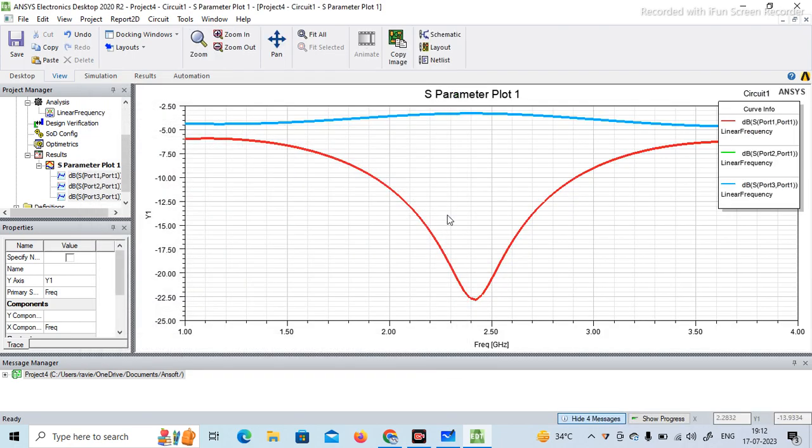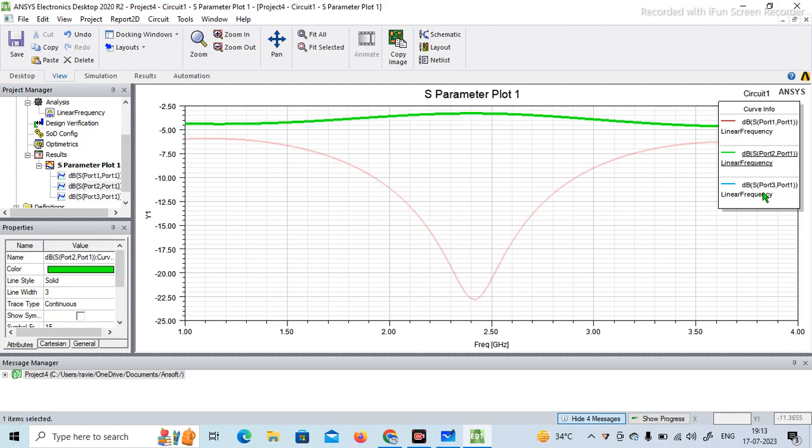Fine. So we can see here a nice graph at 2.4 GHz exactly. We are having approximately minus 22 dB. So it is saying that S11 is matched, red color, as we can see. This S11 is red, and then S21 and S31. Approximately it is 3 to 3.5 dB. So we can see that half power is getting divided between them. So by clicking here also you can see this is S21 and this is S31. So for both the ports we have the half power divided and port 1 is matched. So this way we can do the simulation for power divider.